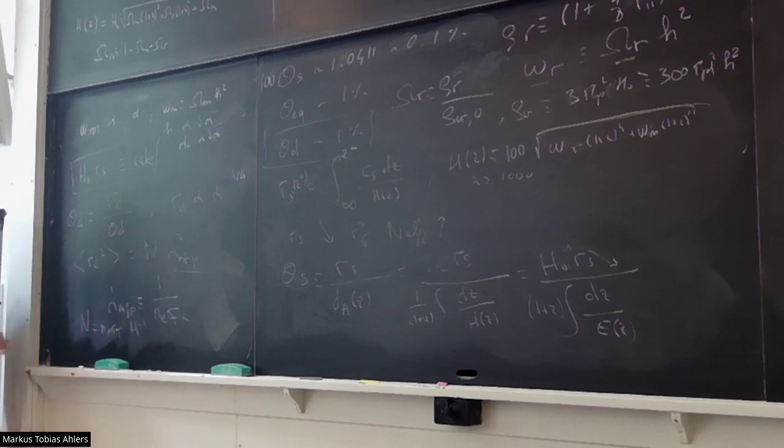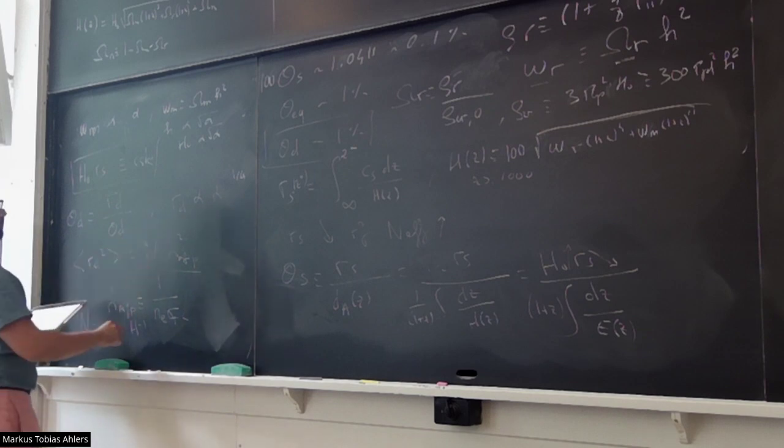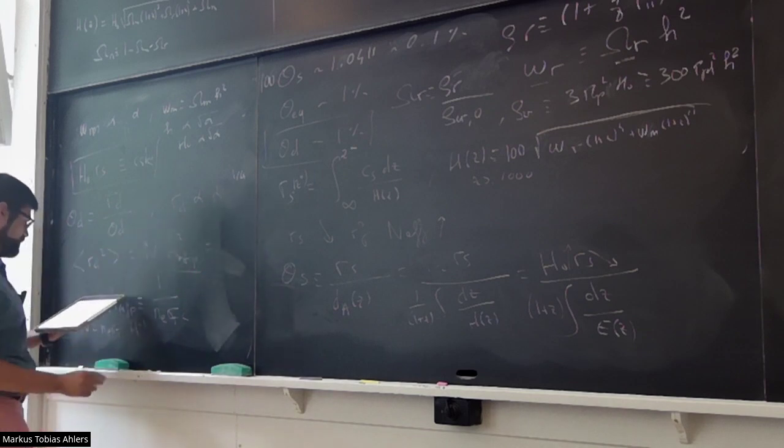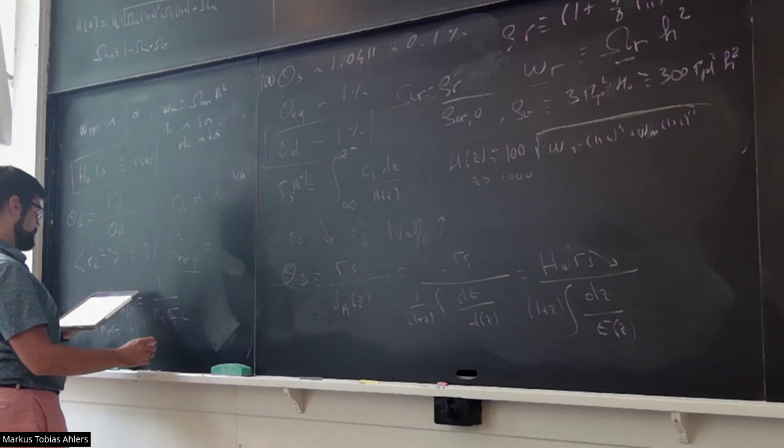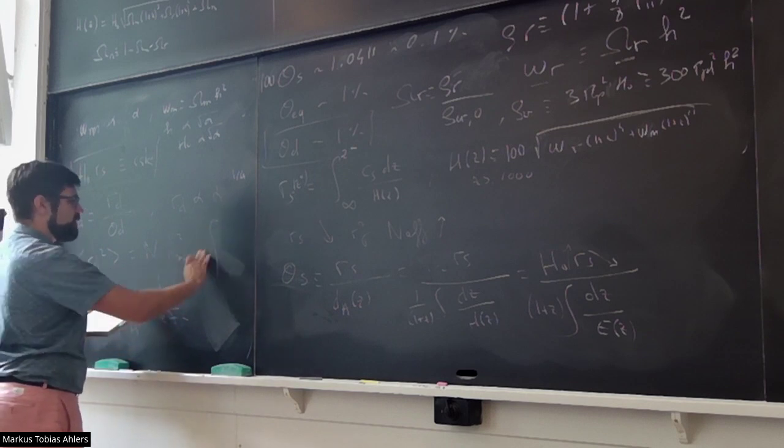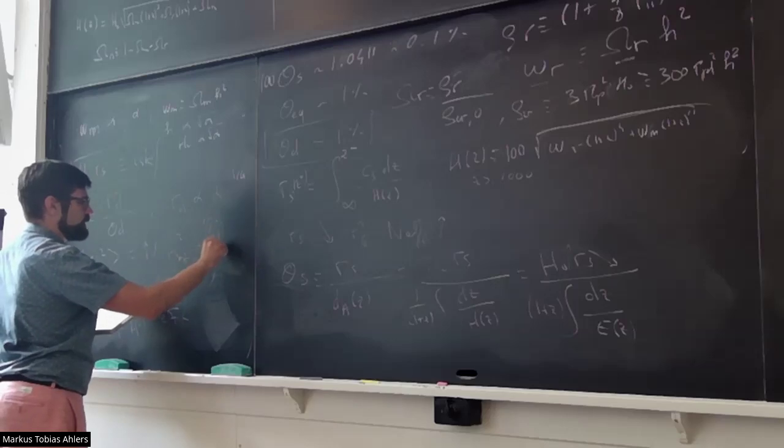Again, there's going to be an H to the minus 1 here. And so when we do this, we find that this is proportional to some integral over conformal time,